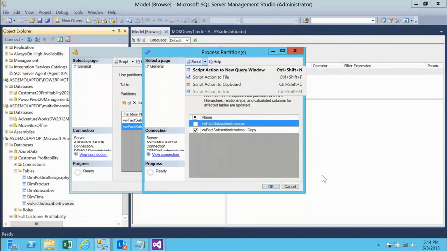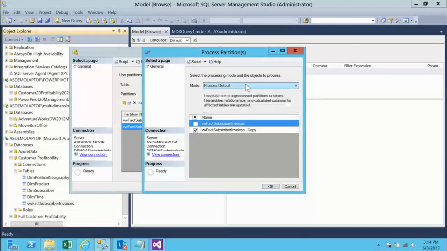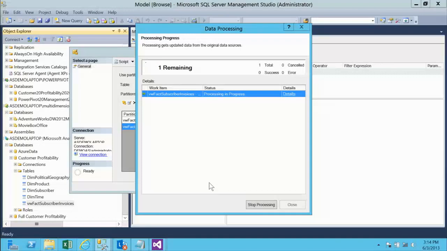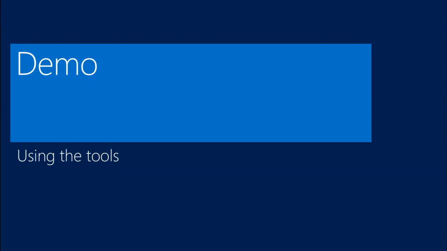So the first thing that I want to do here is process it, and I'm going to choose process default. I'm going to press OK. And while this is running, it's not going to take too long, but I'm not going to have you wait. We're going back to the slides, and I'm going to show you a little bit more on what it actually means to process data in tabular models, what it actually means to get data into Analysis Services